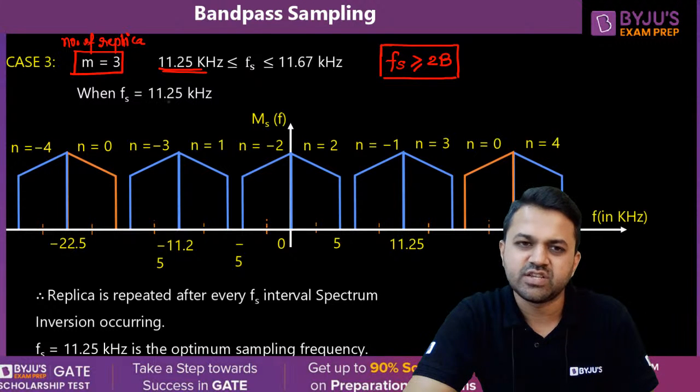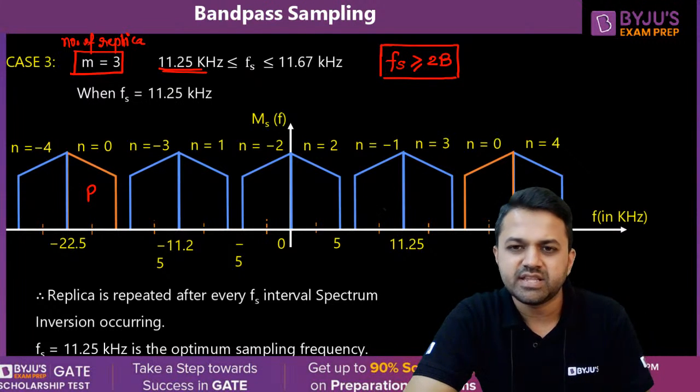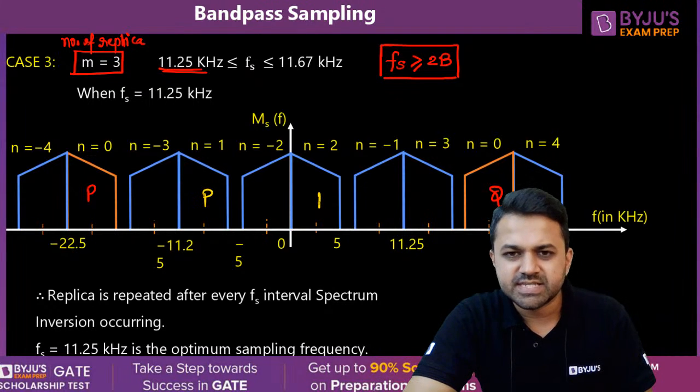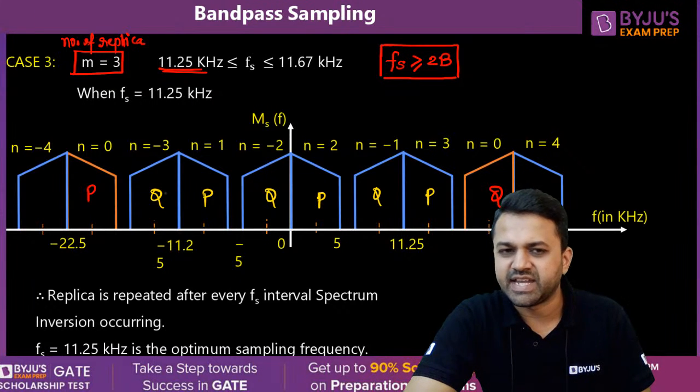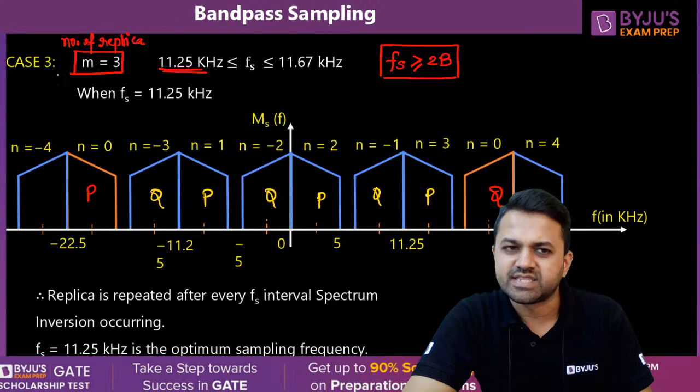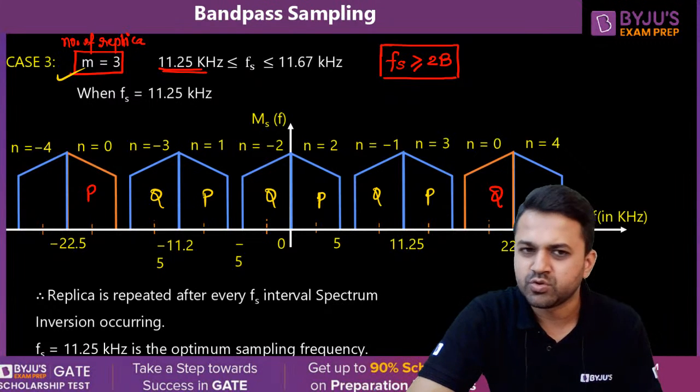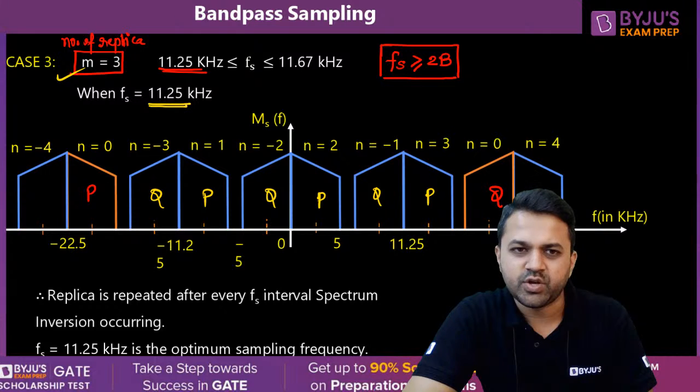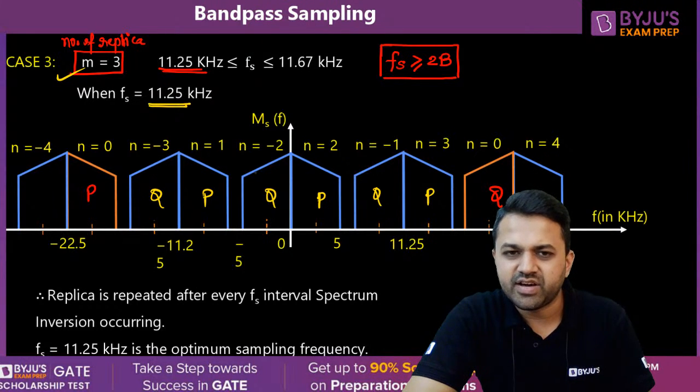So when I take Fs equal to 11.25, this is P, this is Q. This is our original spectrum. This is P, P, P, and this is Q, Q, Q. So we have got 3 replicas, 3 pairs of information, because we have taken m equal to 3. When I take 11.25 as the sampling frequency, what I saw is